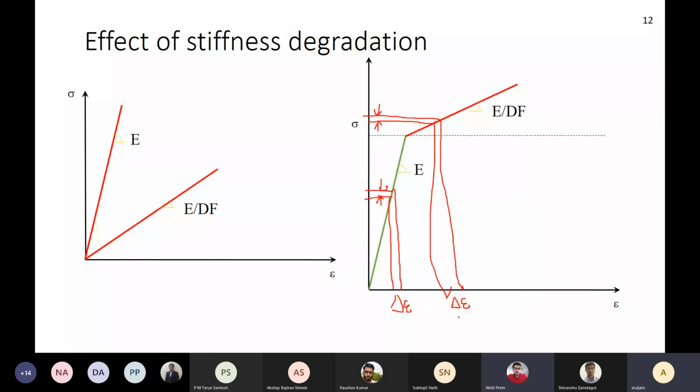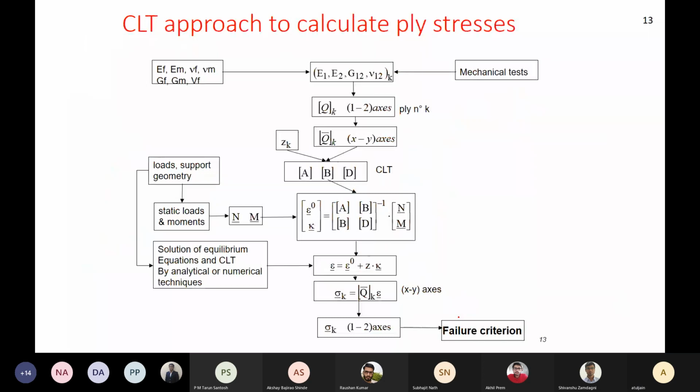Okay. And in this curve, I have shown only two linear curves. So I'm saying that the stress strain curve is bilinear, but there is nothing stopping me from having very small increments of delta strain and recalculating the Young's modulus at every increment of strain. So if I have a large number of strain increments, then this curve will become smooth.